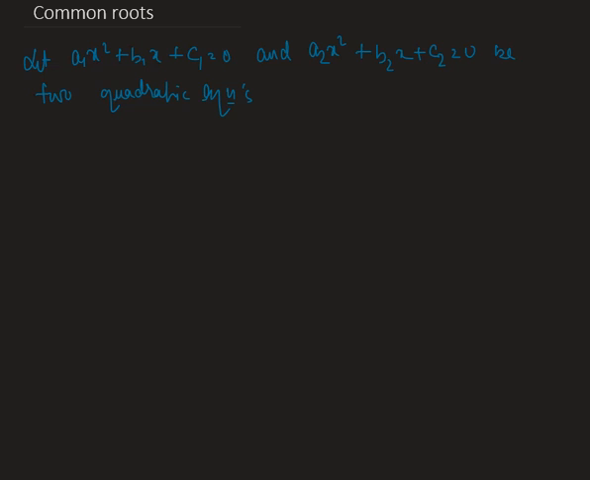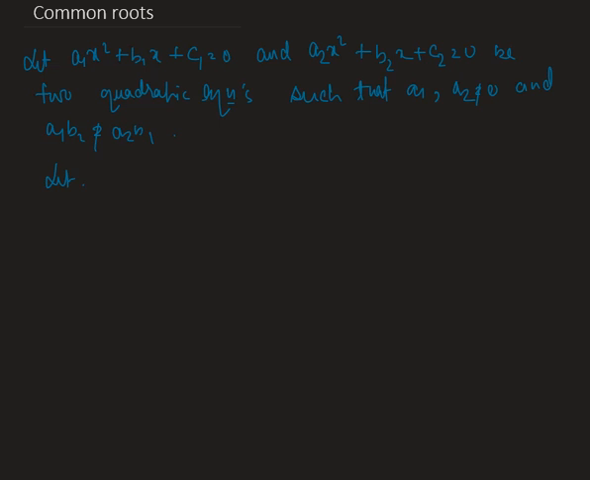Okay, such that a1 and a2 both are non-zero and a1 b2 not equals to a2 b1. Okay,